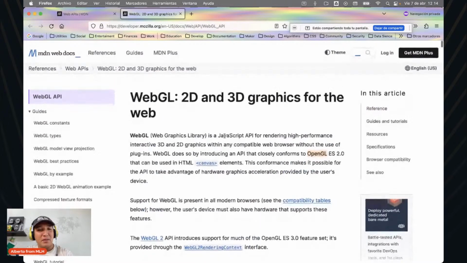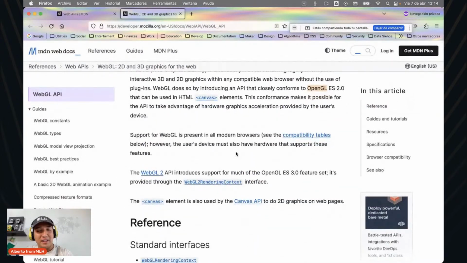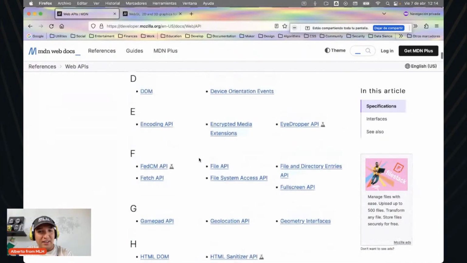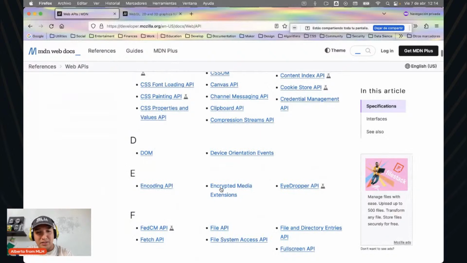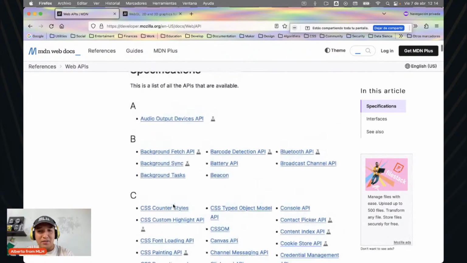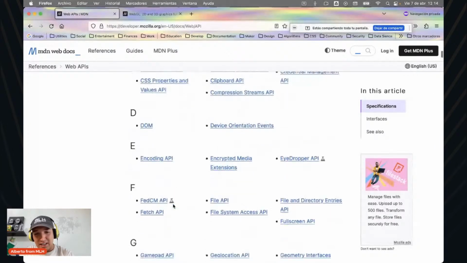I haven't used a lot of things I am seeing here. For example, I haven't used encrypt or encoding,